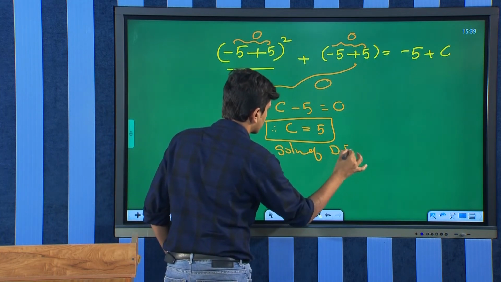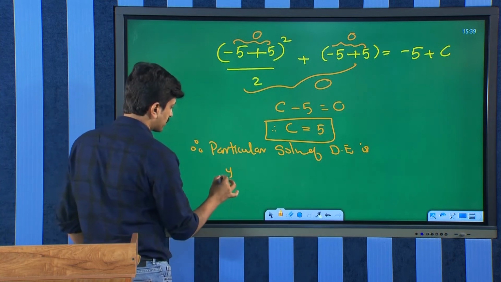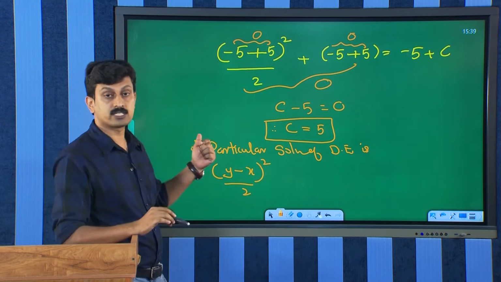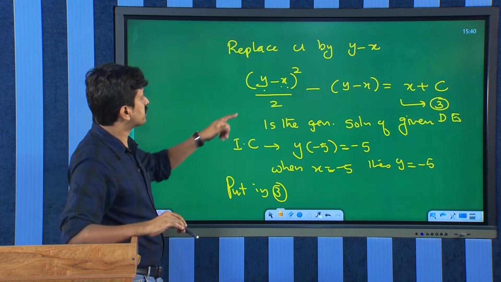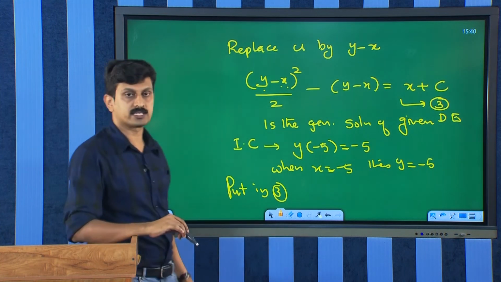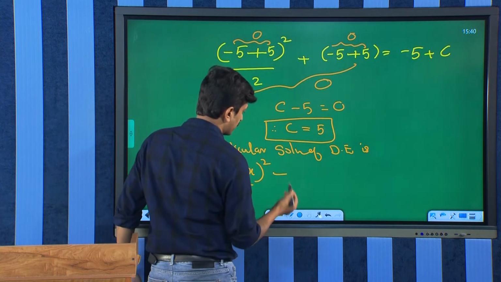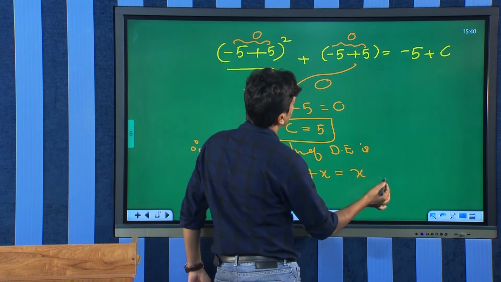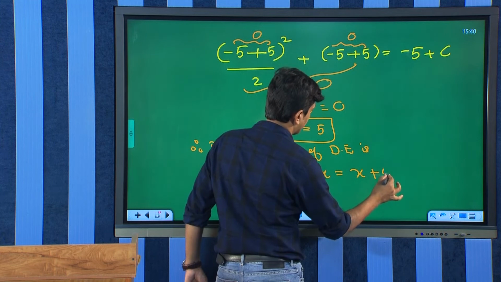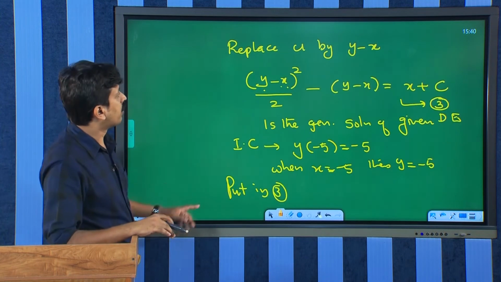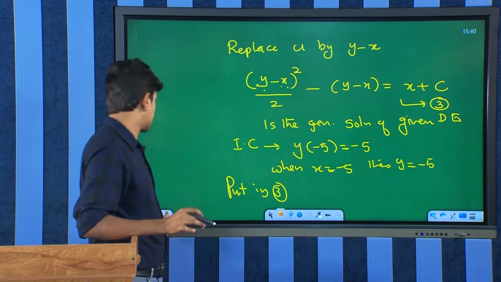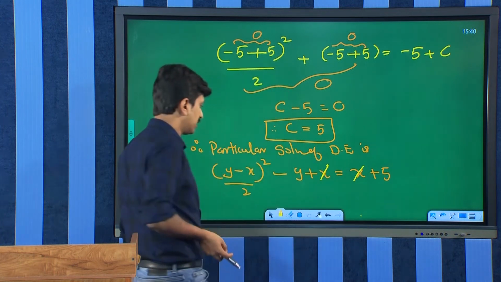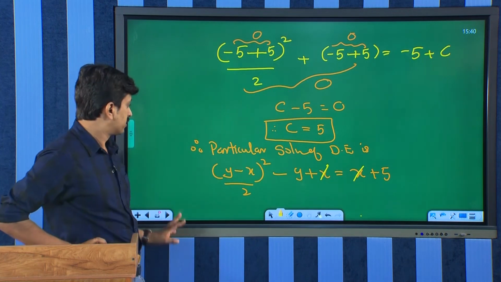of the differential equation is (y minus x) whole square divided by 2 minus (y minus x) minus y plus x is equal to x plus c, c as 5, x plus 5. And here we have minus y minus x is plus x, and here also we have one more x. So we can cancel this x and x, therefore (y minus x) whole square minus y